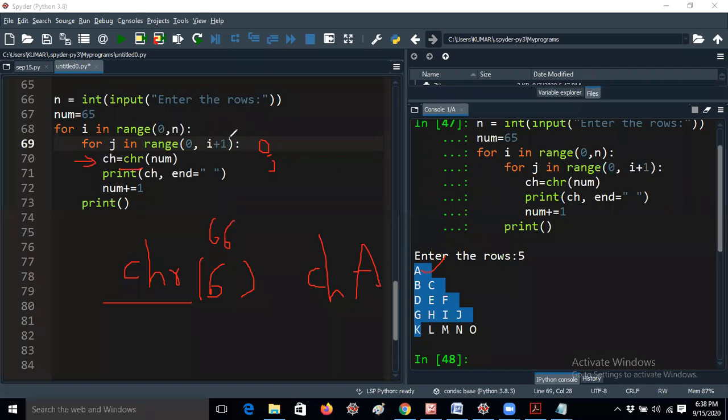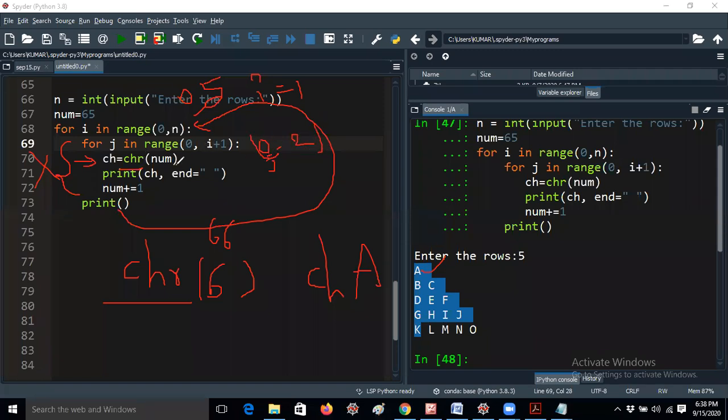Here 0, 1 means the jth loop will be iterated only one time. You don't have to execute it as you do in the C language. 0, 1 means it will execute only one time. Then after the print statement, it will go to the ith loop, because for the ith loop you are giving 0, 5. That means the ith loop's 0th iteration is completed. Now the ith loop's first iteration will start. That means now it is entering into j, 0, 2, so the jth loop will be iterated 2 times.